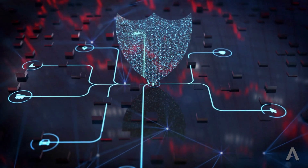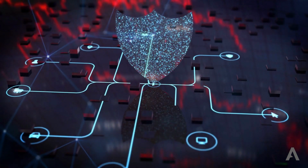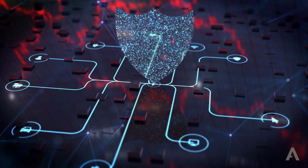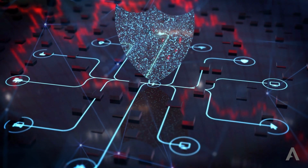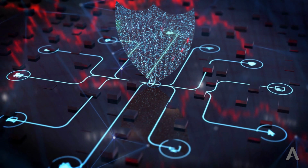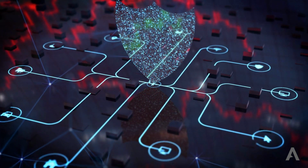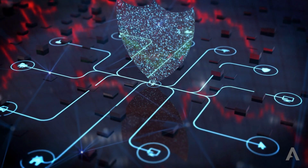Multi-factor authentication is a cornerstone, requiring multiple forms of verification, such as a combination of passwords, physical tokens, and biometric scans. Advanced encryption algorithms protect data in transit and at rest, ensuring that even intercepted communications remain unreadable to malicious actors. Additionally, these platforms allow for role-based access control, ensuring that only authorized individuals can participate in sensitive conversations or